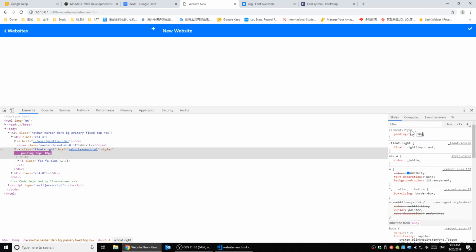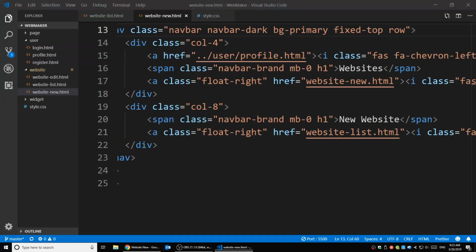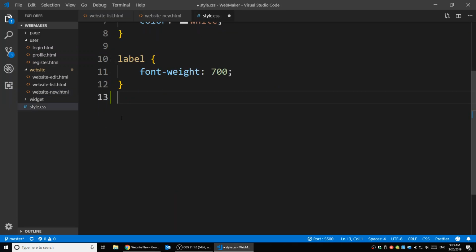Let's say 10 pixel. It's gonna move it down a little bit. Let's try 5 pixel. No, 10 pixel is a good number, I think. We're just using 10 pixel. So I'm gonna add 10 pixel to it and 10 pixel to that. So let's do that. I'm gonna remove the map height. I don't need that. I'm gonna create a class, call it